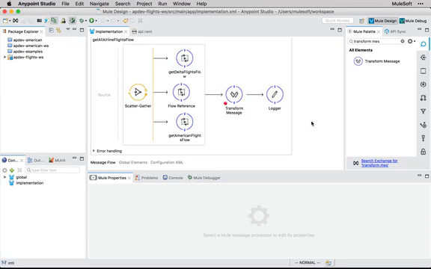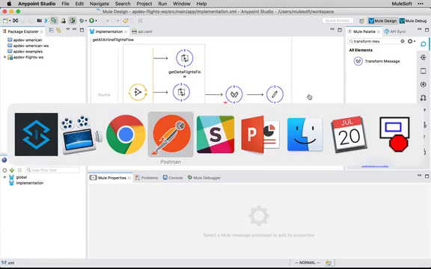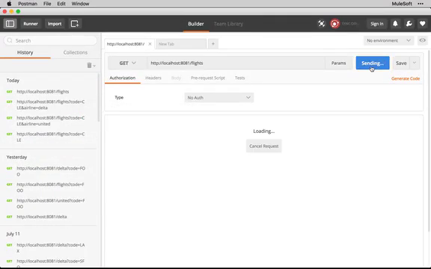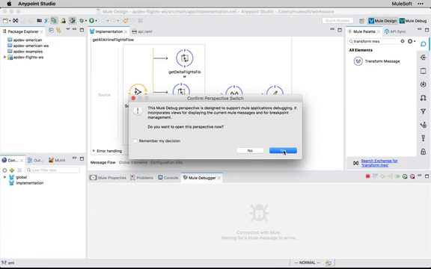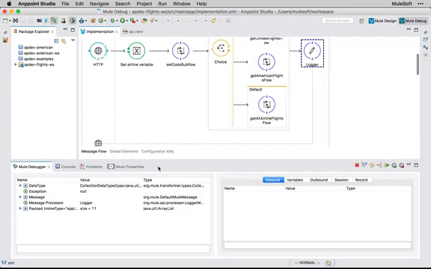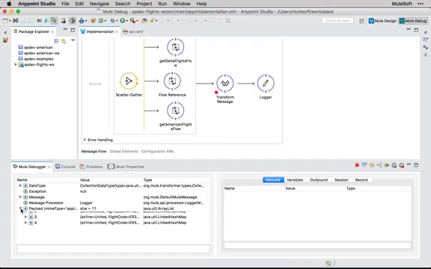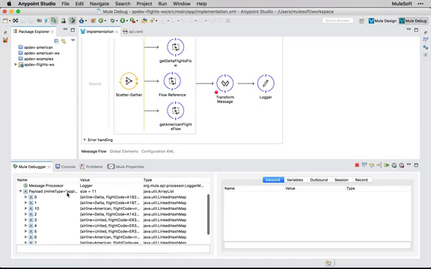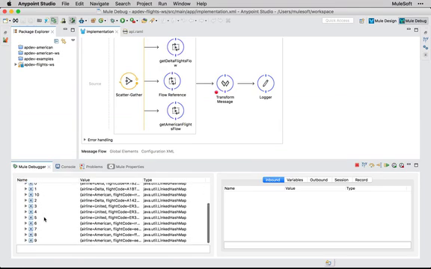We're going to try to send the same request through inside of our setup. We'll make sure we have a breakpoint somewhere at this point, and we'll send a request through using Postman. Back in Anypoint Studio, we'll switch over to debug mode as needed, and then step over to our logger. Now you can see inside of here, the result set that we've got is a list of 11 different flights, and depending on your criteria, it could vary, but we can see a payload holding all of these different flight